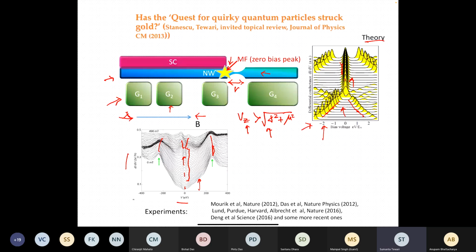On the other hand, the problem with this experiment is that the gap is not closing. That's one. What you expect is that the gap closes first, and then the zero bias peak appears at exactly the point of Zeeman field where the gap closes. That does not seem to be happening here. And the other problem is